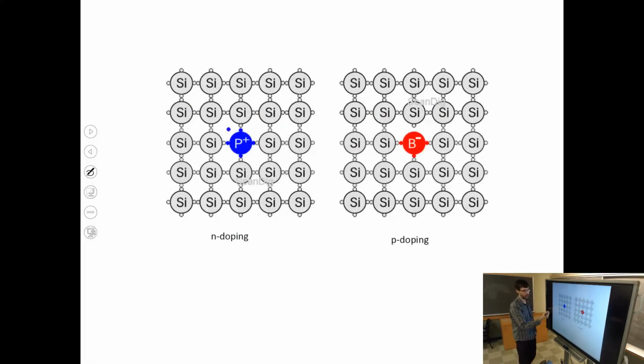So here's how it looks, a matrix of silicon atoms. Each of them comes with 4 electrons, so each silicon has 4 little balls around it. And now if we replace one of them with phosphorus, that comes with 5. That's a group 5 element, so it comes with 5 electrons. So there's one extra electron in this matrix. And if you go to the third column of the periodic table, boron comes with 3, and so one electron is missing. So it is as if there was one extra hole added to the band structure.